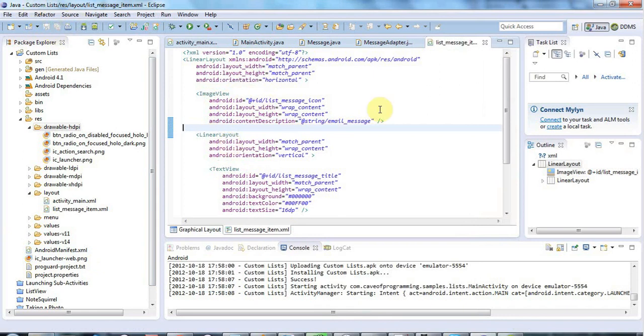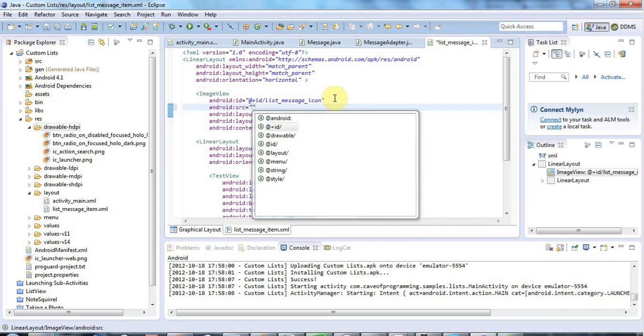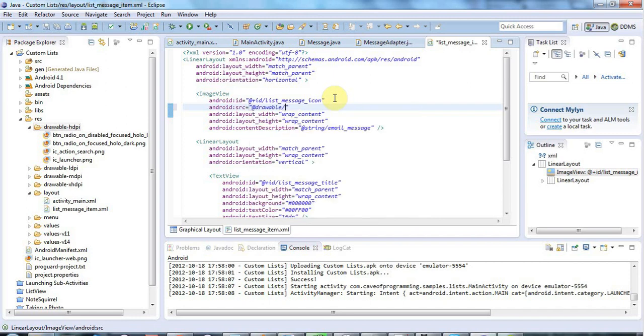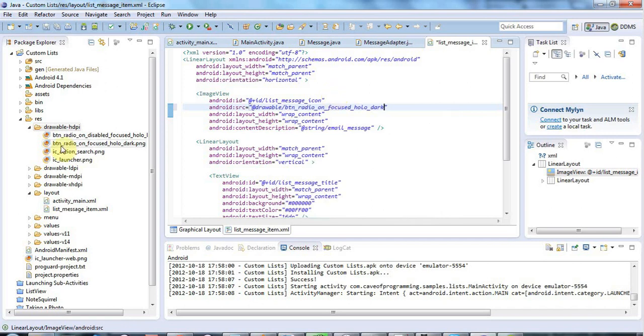Okay, so now I can set the icon on this image view. For a minute, let's just set the source here, and if I now use autocomplete and go to drawable, because I added that icon to drawable HDPI, the two icons actually, if I use autocomplete again in here, I can select an ID that corresponds to one of my images, and if I save that,